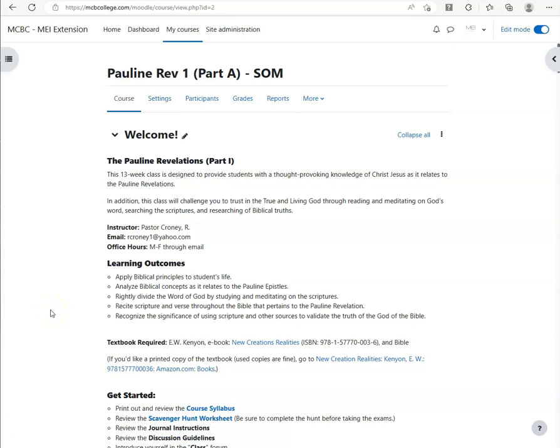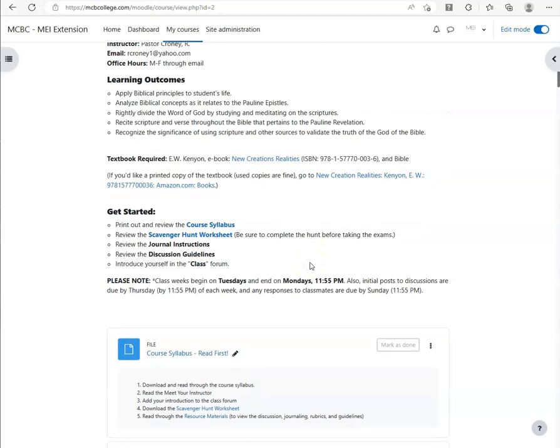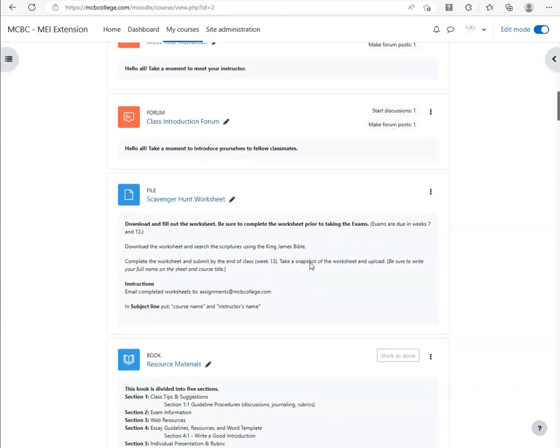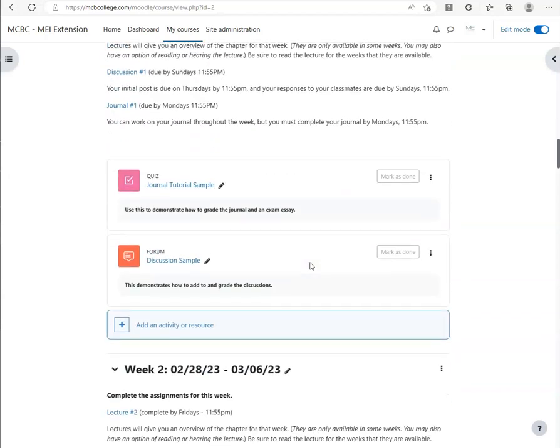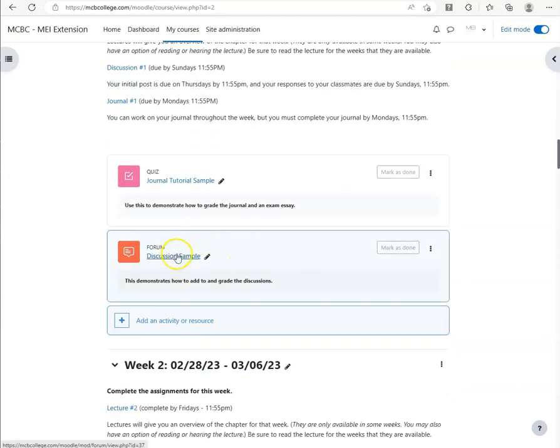This tutorial is designed to give you a brief look at how to grade your classroom modules or activities. To first grade and review your discussions, we're going to take a look at a sample discussion forum here. You click on the forum link,